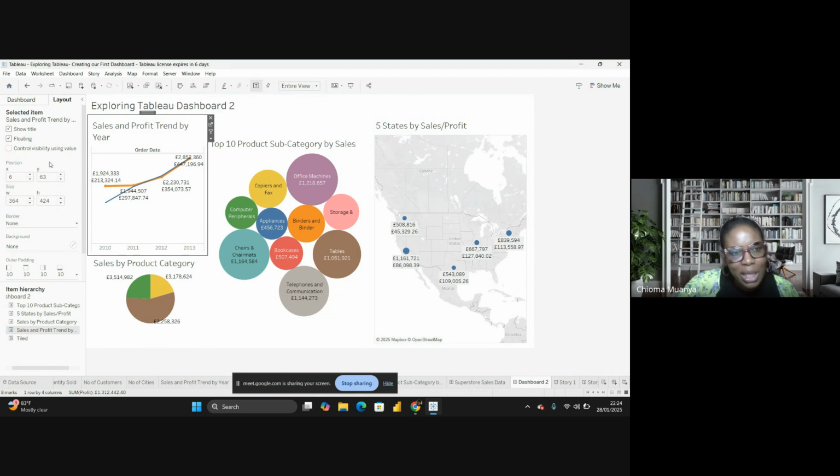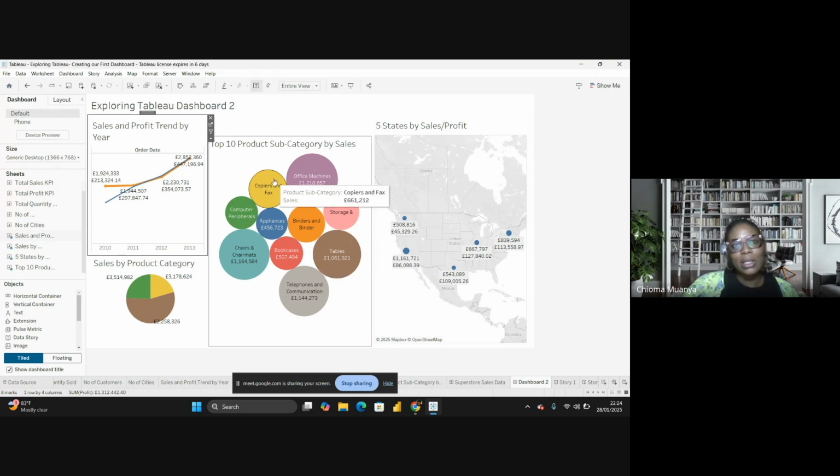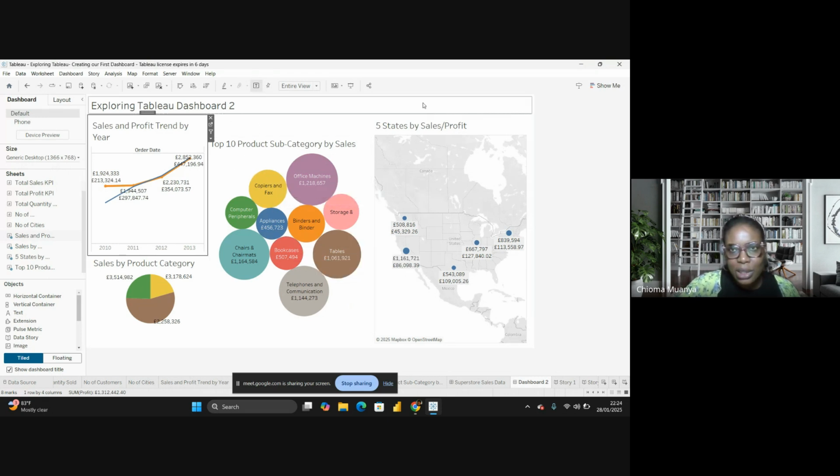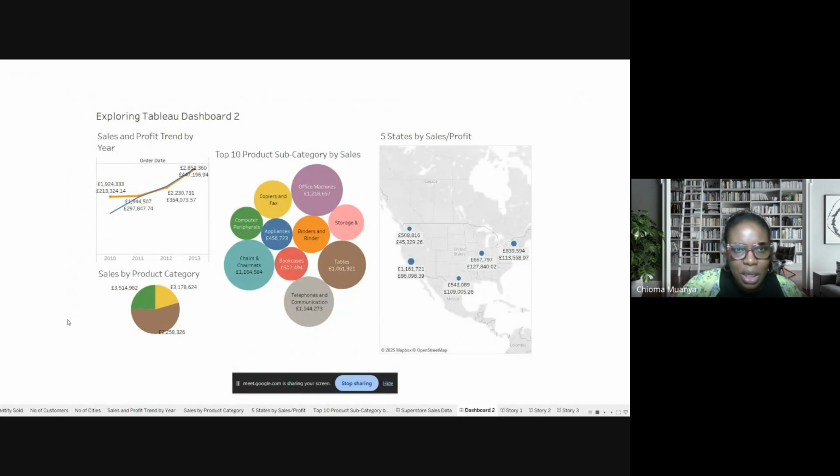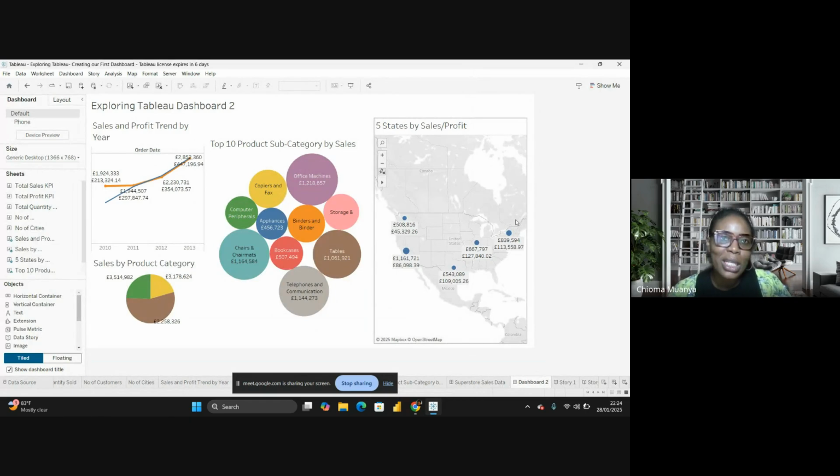So you could just play around. There are too many buttons. It's by the time you try to work that you remember the other ones. So this is padded. Let me show you. Let's do a presentation mode. And we can see this has extra space because it's padded. So you decide what you want to do. Just take your time. Building a dashboard in Tableau can be, I don't really like it. I prefer Power BI. So that's it for now.